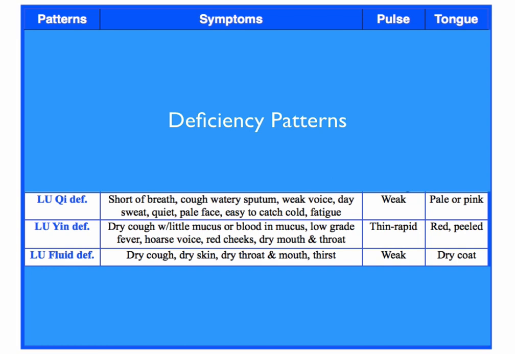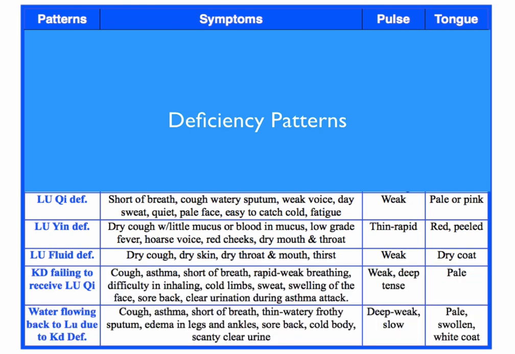So with that, we need to hydrate and lubricate, meaning we need lots of fluid, but we also need lubrication, meaning we need to have vitamin E food, vitamin D food, right? So making sure we have a lot of good fatty food like avocado and nuts and seed, etc. Of course, there's a dry coat on the tongue or no coat that's very cracked, depending on the degree of body fluid deficiency invading the lung. And it's a deficiency, so the pulse is pretty weak.